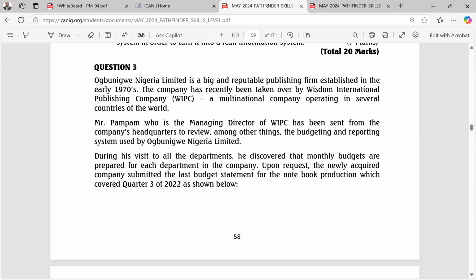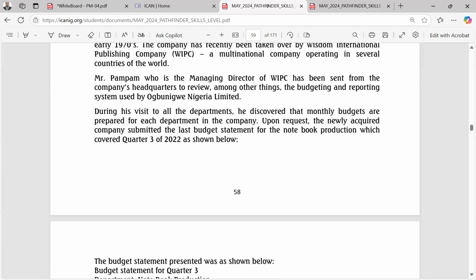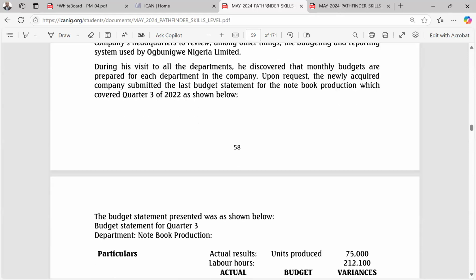During his visit to all the departments, he discovered that monthly budgets are prepared for each department in the company. Upon request, the newly acquired company submitted the last budget statement for the notebook production, which covered Q3 of 2022, as shown below. So what we are looking at here is